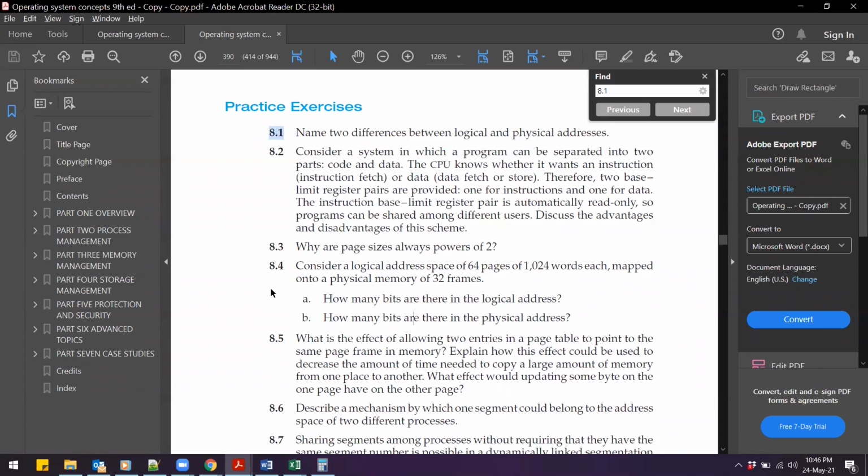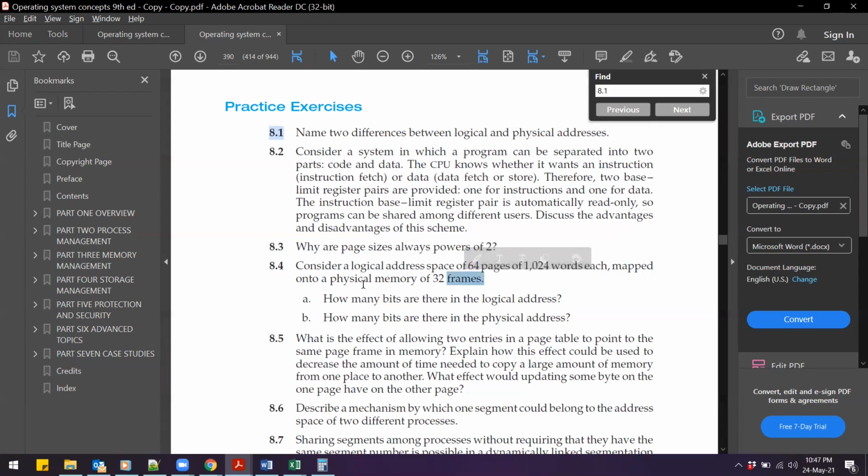So when we implement paging, the physical memory is broken down into fixed size blocks, and each block in there is called a frame. And along with it, we also break down the logical memory into same size blocks, and each block in the logical memory is called a page. So when we look at this question, we know that this method of memory management is paging, because in here we have pages and frames.